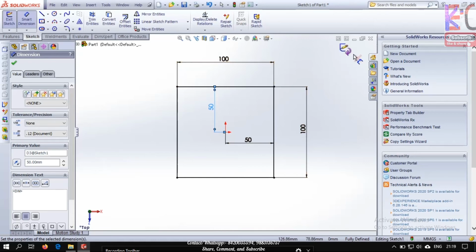So there is a cross button. That means you don't want to make it a solid, or you don't want to extrude it. And there's one more command called the return command. You could click over here. That means you are returning from sketch to the solid making. So if you click over here,